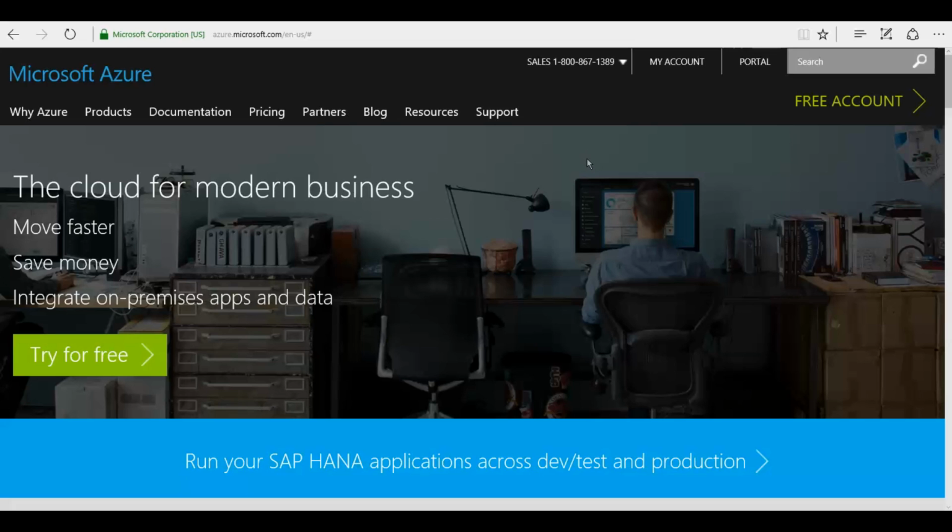Hi there. I want to help you get started running your first machine learning experiments using Azure Machine Learning Studio. The first thing you're going to need is some space in the cloud to run your experiments. So you're going to need to go to